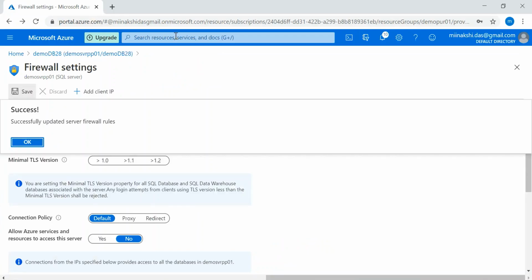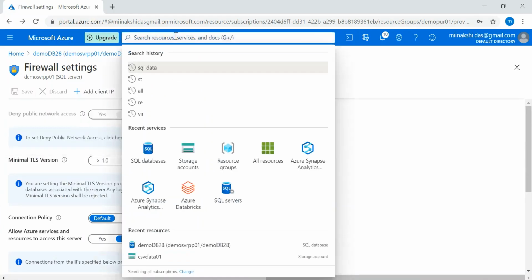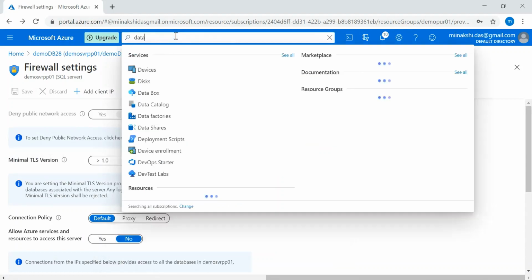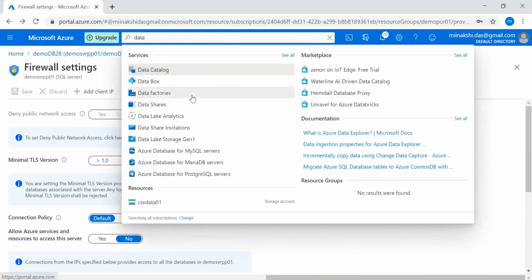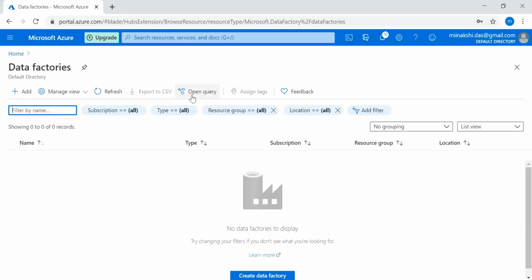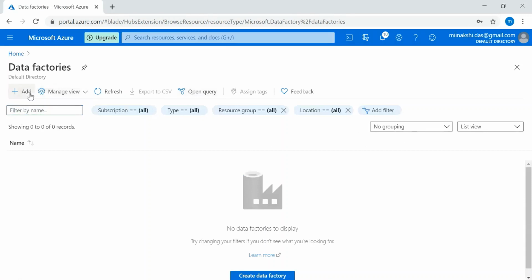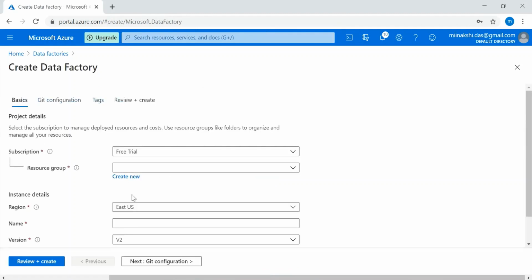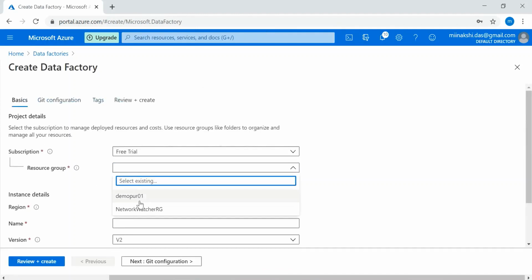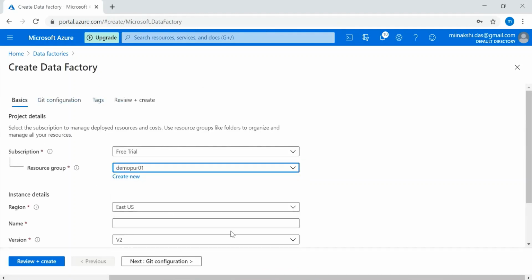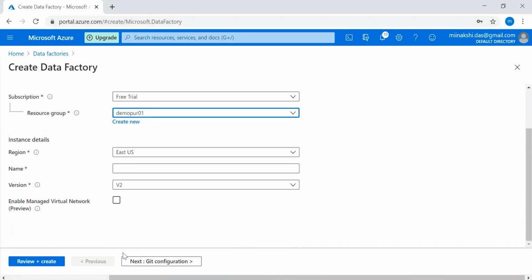Let me load data using Data Factory. For this, I need to create a Data Factory. Click on Add. Create Data Factory. Resource group. Data Factory name.